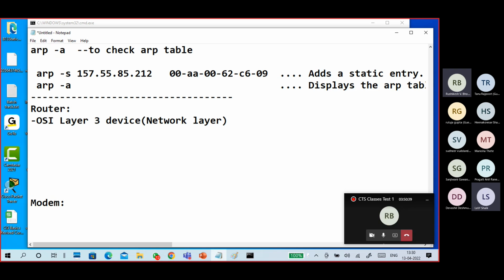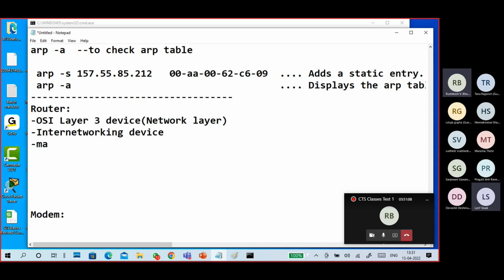Tomorrow I will explain the different OSI layers along with IP addresses, so there you will know what the network layer is. It is also an intelligent device. It is an internetworking device.